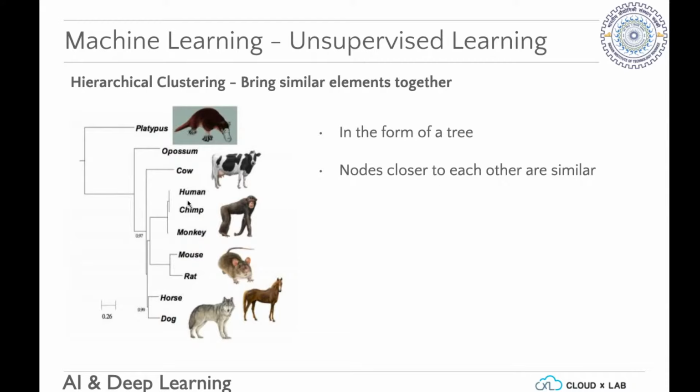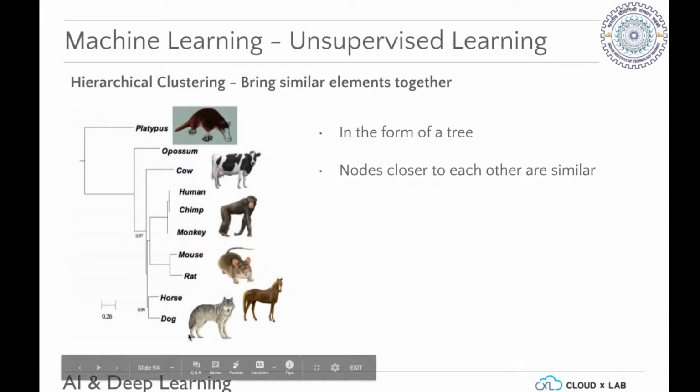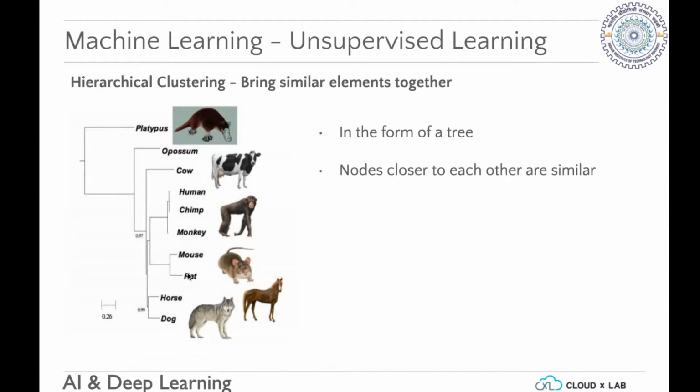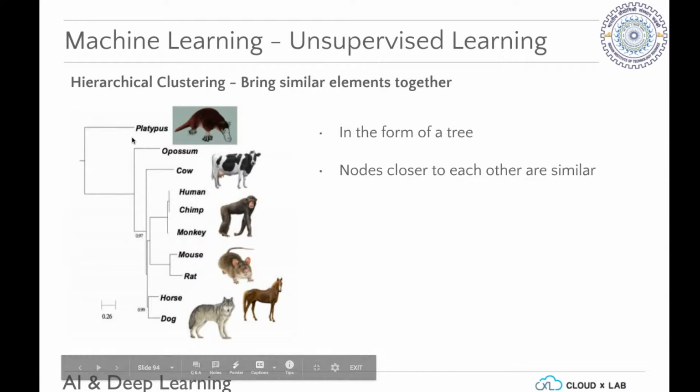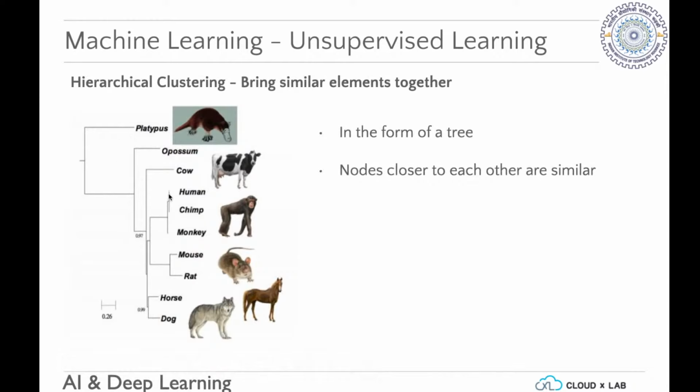What we have on the right side is an example of a few mammals. You could say the horse and the dog are closer to each other and more related to each other. You can see there's also a distance metric that defines the genetic distance between them. But this isn't genetic distance, this is actually just based on observations. Rat and mouse, subtle difference, but yeah, they are different and related. They're close to each other. The monkeys, chimps, and humans. Again, monkey is a separate family. So you can notice these patterns. If you want to build patterns like these, these are also called dendrograms. These can be built by hierarchical clustering.